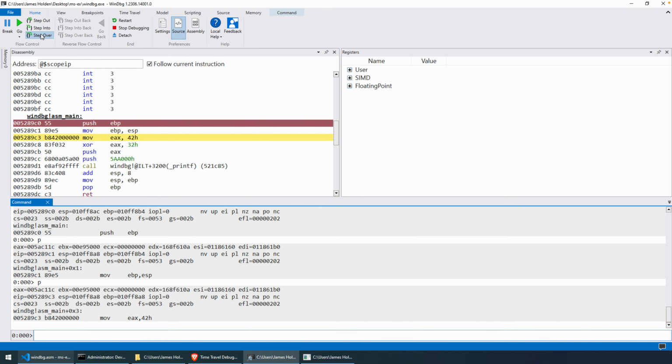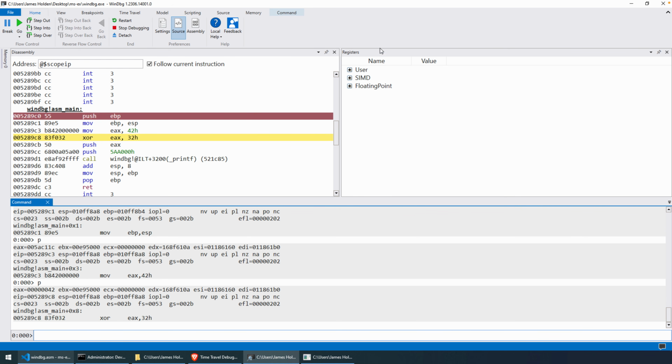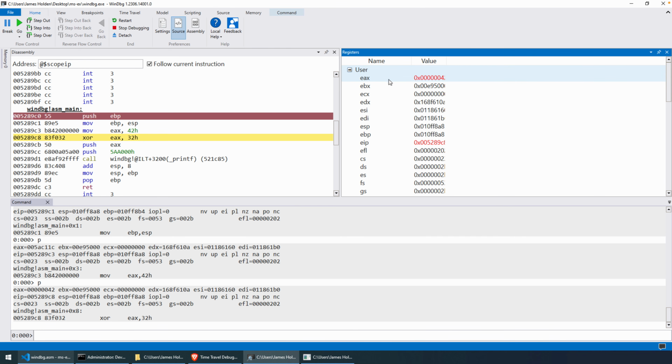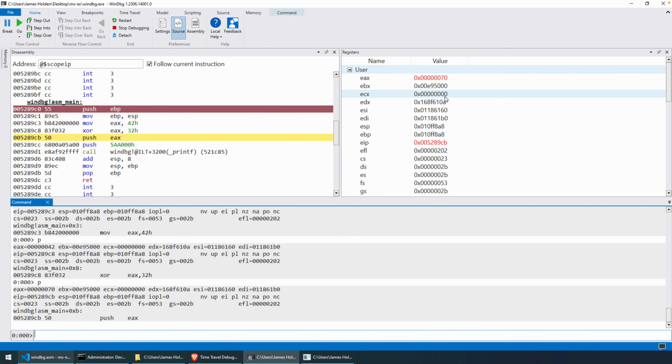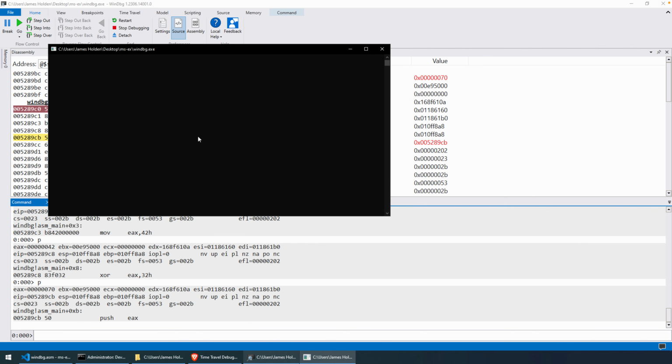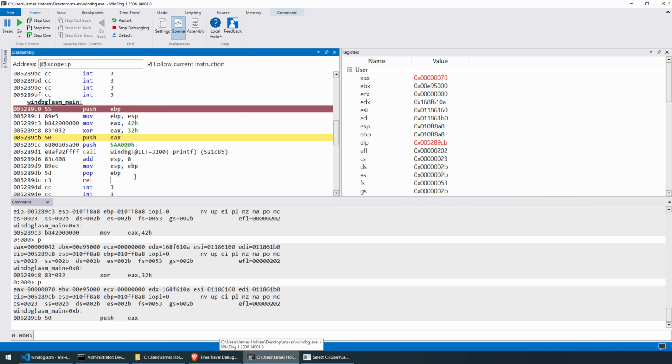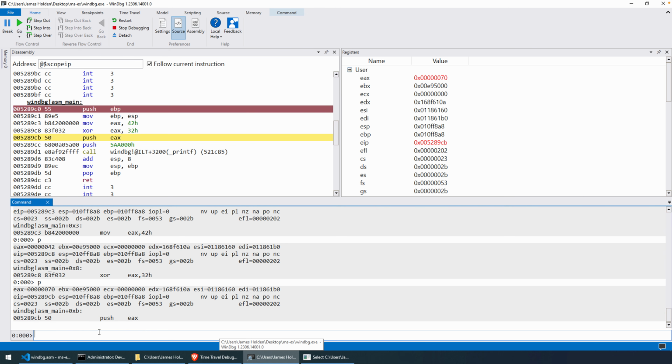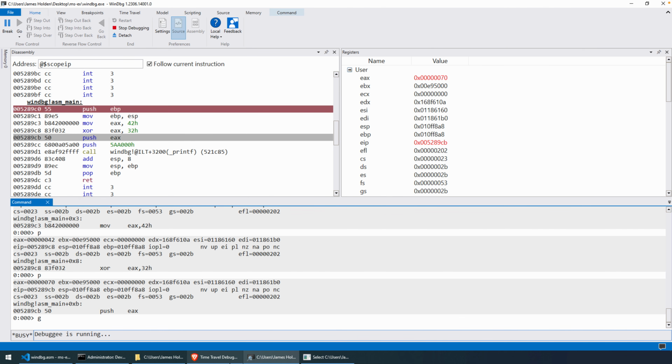Let's say that you wanted to see, well, what is the value of EAX after the XOR? Okay, well, now we can step to that instruction. Here's the register window. Step over, step into, it doesn't matter, and EAX contains the value hex 70. Okay, console is also here, so if at this point we just said go, that'll just execute the program until